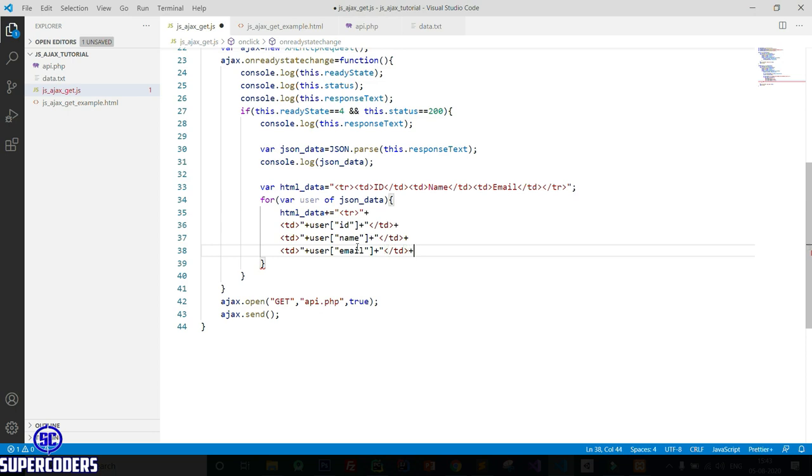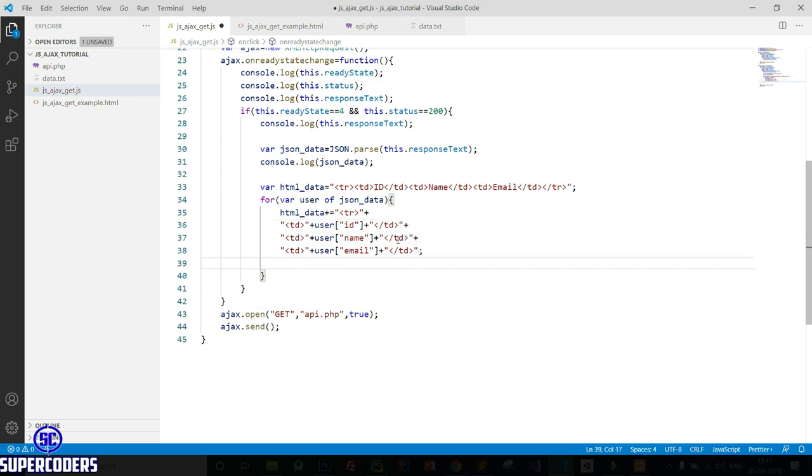After this, add double quotes here, here and here. I break this into multiple lines so it's easy to read.